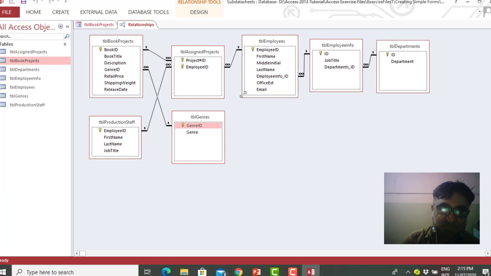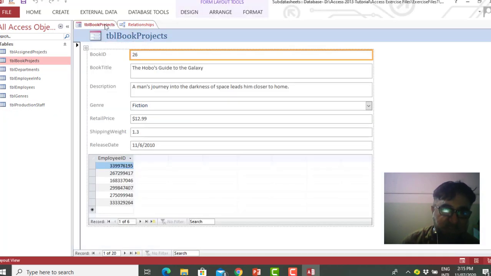Here are the relationships. There is some data of project IDs, and in this, employee ID is coming. We do not need this, because when we see these projects by ID, here are the book's name and the book's genre of fiction, so we do not need this employee ID here.